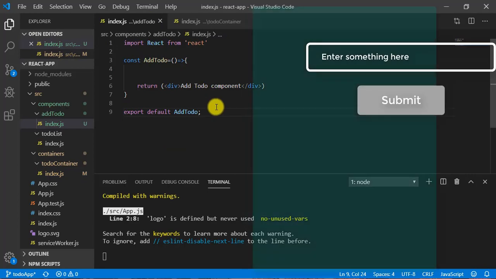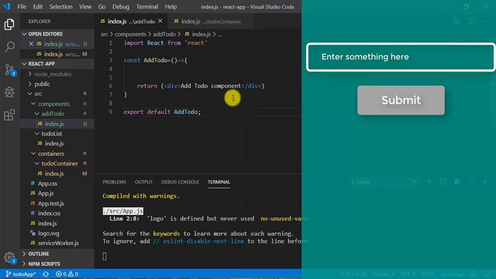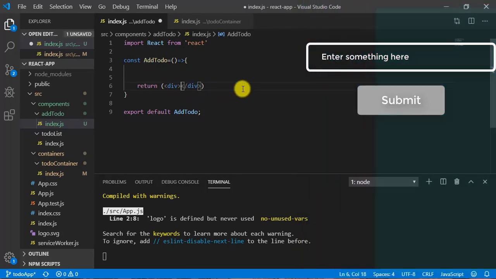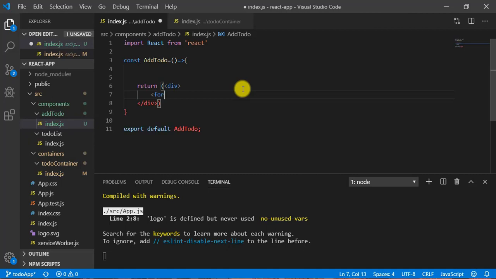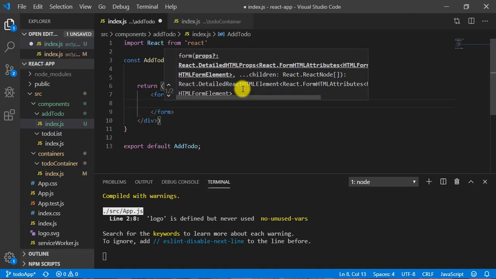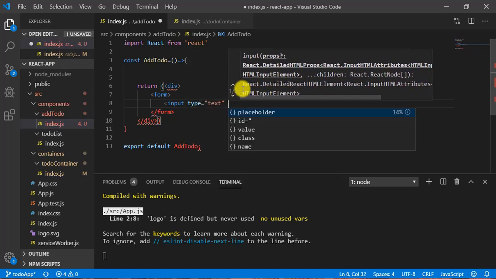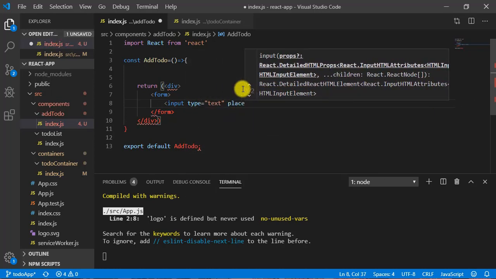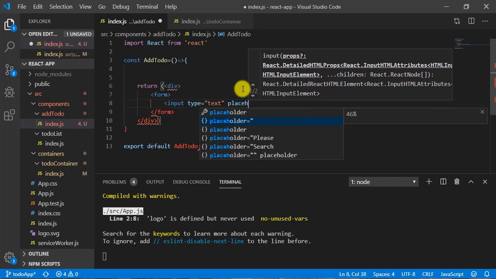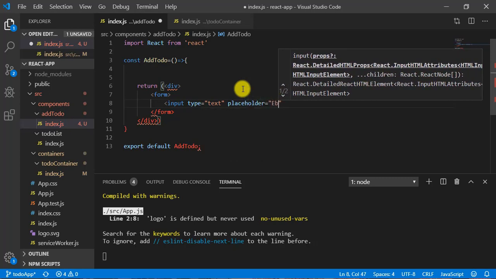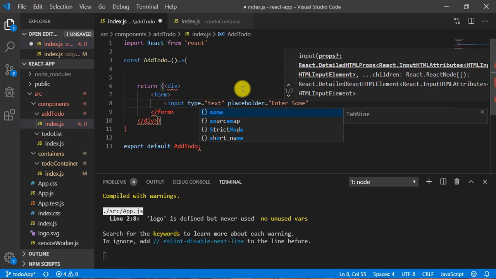Now in order to add a new todo, I need a text box and a button. So let's design that component here. Inside this div, let me write a form tag first, and inside this form I need an input. So type is text and placeholder, I can write here, enter something here.